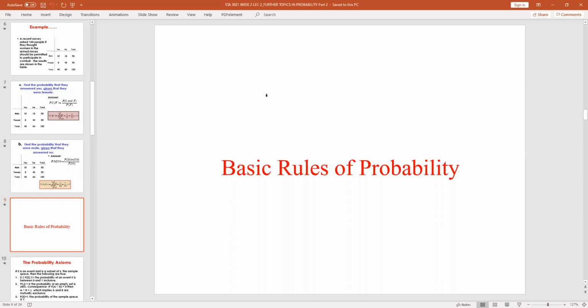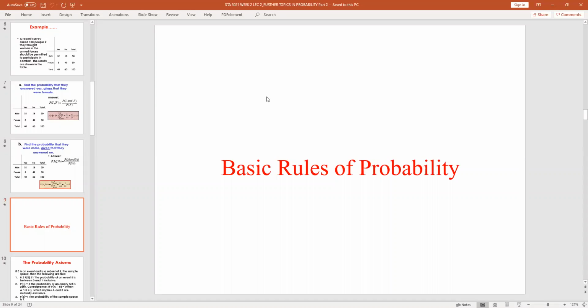Now I'm done with the conditional probability. Now, the next thing that I want to talk about, based on what I've been teaching. I want us to revisit the basic rules of probability. Of course, we are more or less revisiting what we have done before, because if you really want to answer